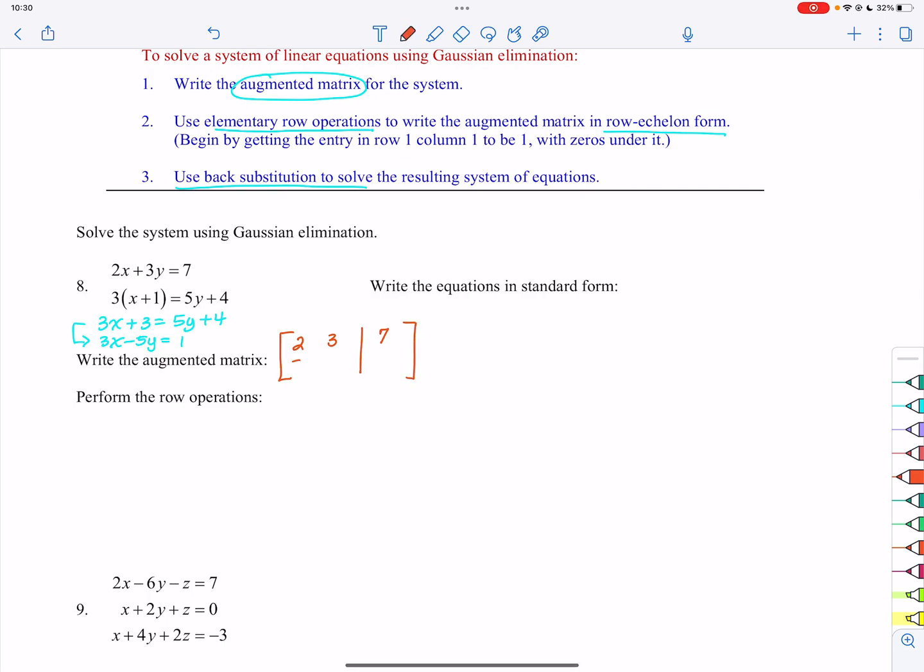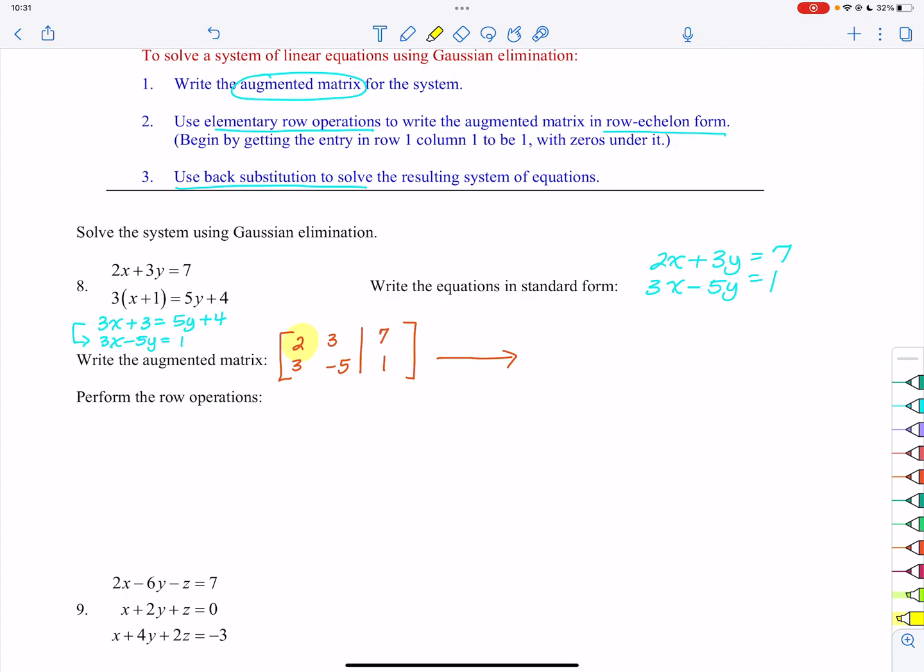And then we have a 3, a -5, and a 1. Now, what we want to do is, and I could write these in standard form here: we have 2x plus 3y equals 7, and 3x minus 5y equals 1. So now what we're going to do is we are going to work on